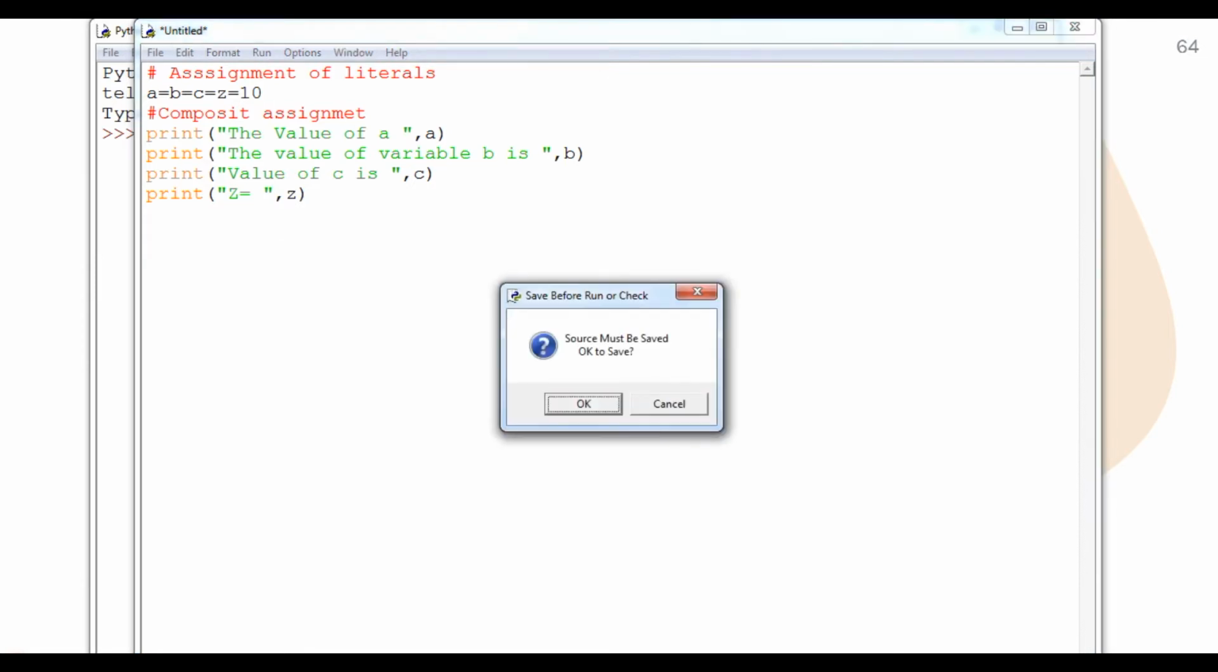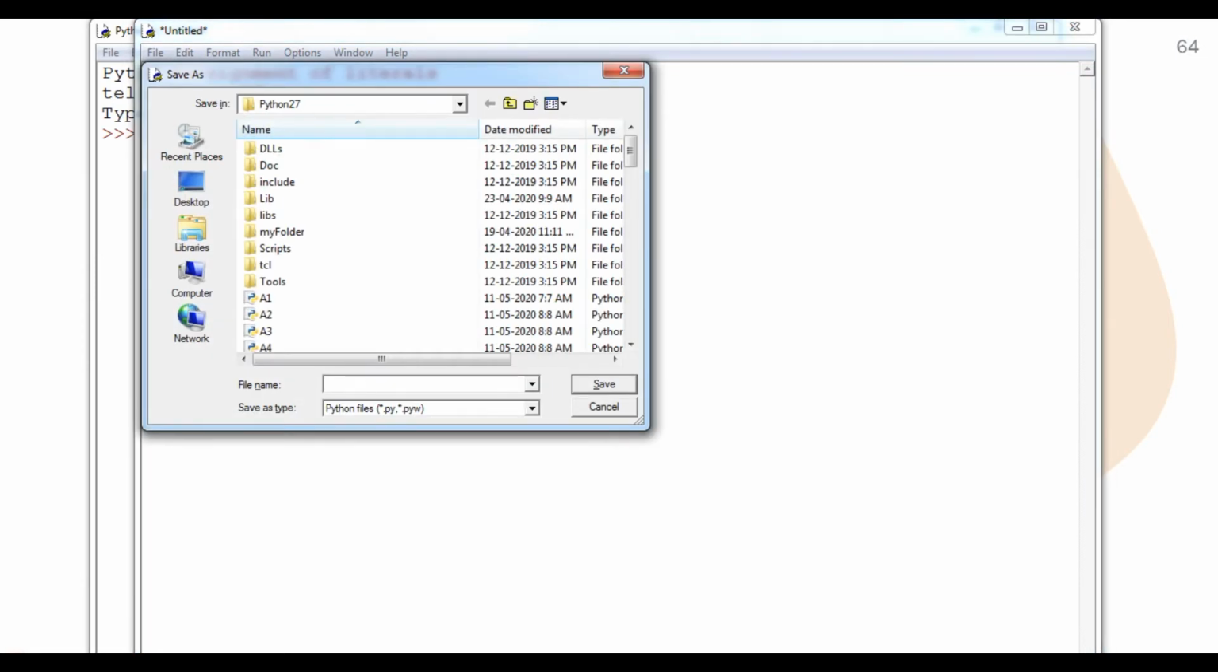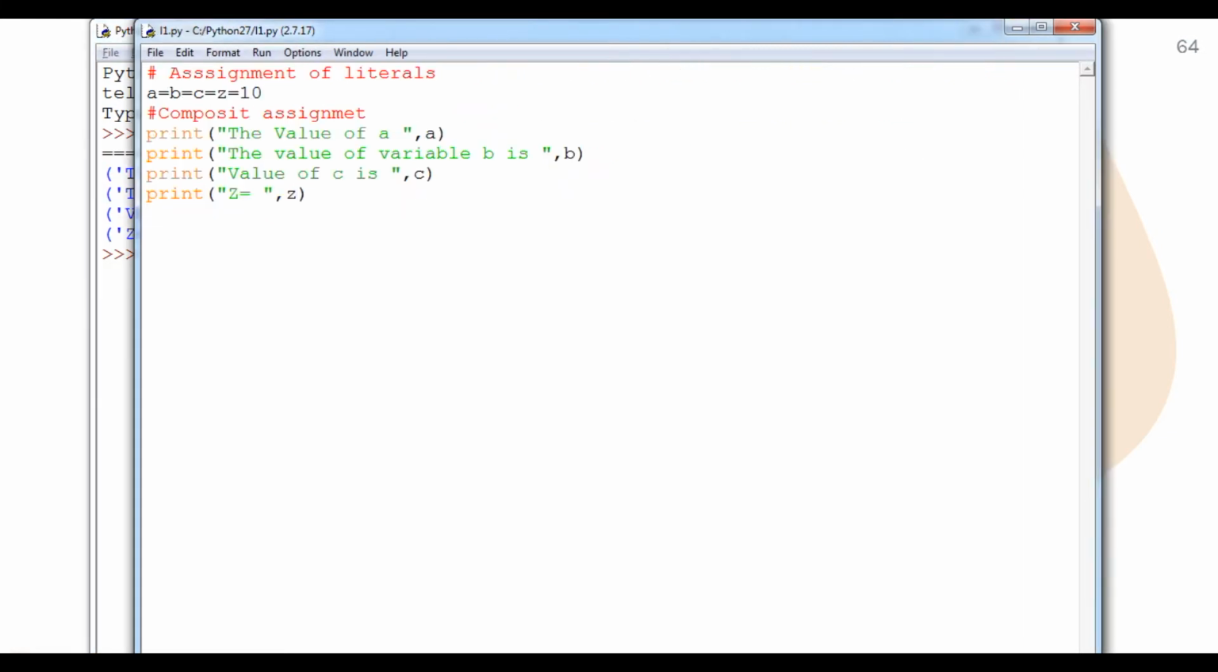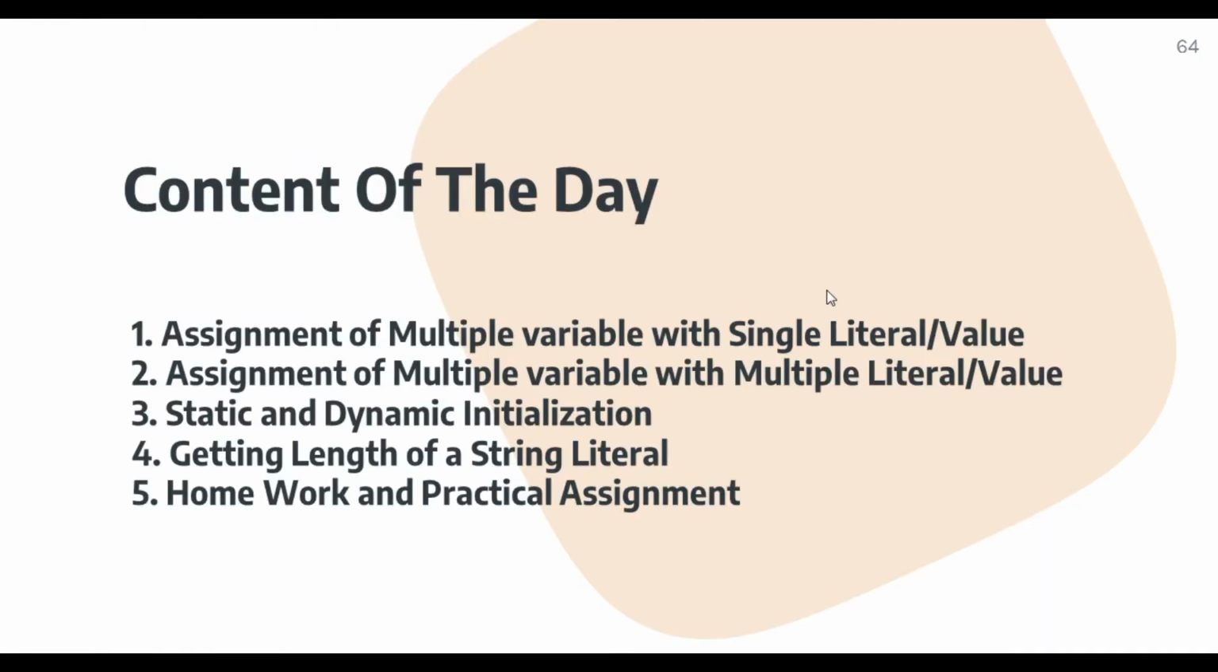Now I'm going to save it by pressing the F5 button, with the file name L1. Now you can see, student, the value of variable a is 10, the value of variable b is 10, the value of variable c is 10, and z also 10. So we have covered this topic of the day, assignment of multiple variables with